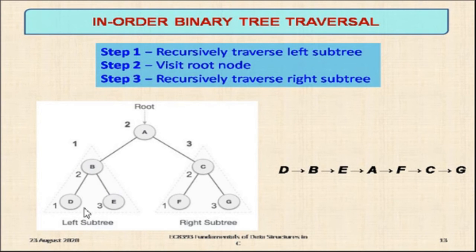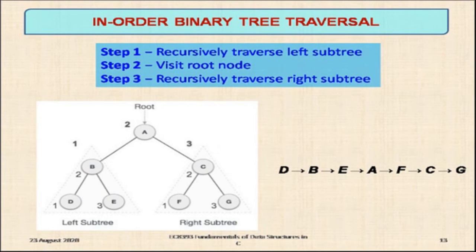Here it's a simple tree with a limited number of nodes. But when we have more and more elements in a tree, we will have a lot of nodes further and further down. Then we have to recursively traverse all the nodes of the left subtree first, until all of them are traversed. Once the entire left subtree is traversed, we visit the root node, and then traverse the right subtree recursively.